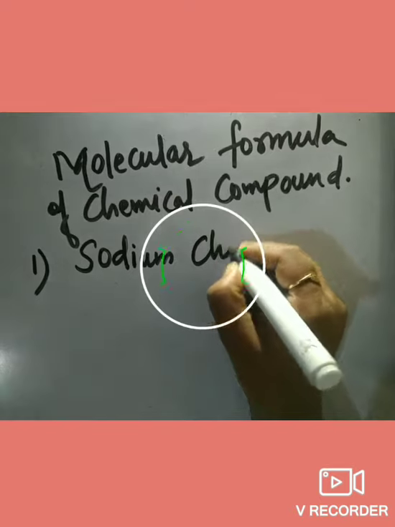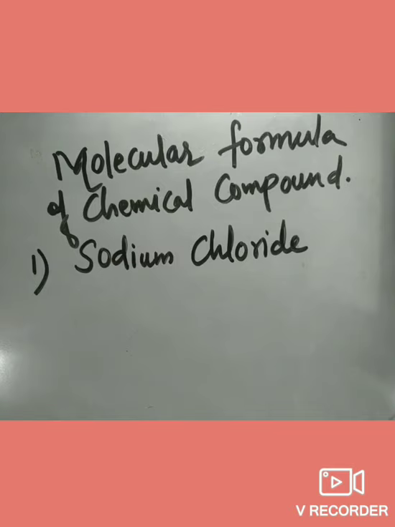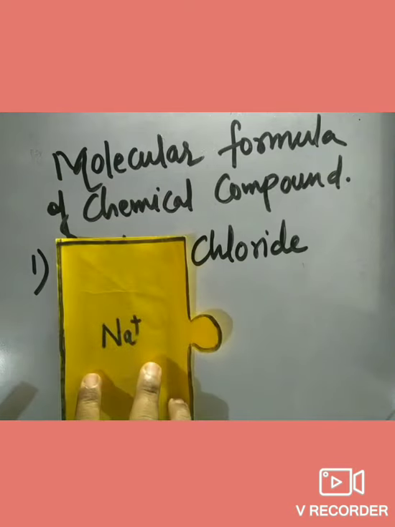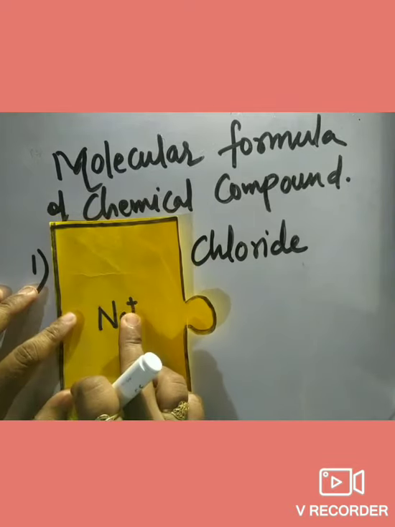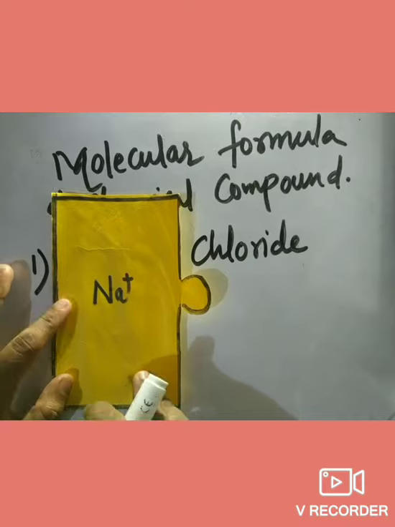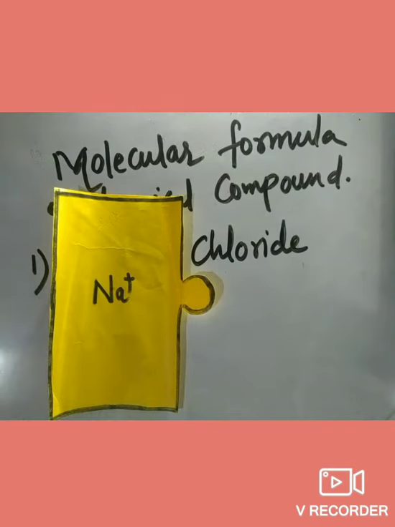Okay, so my first compound is sodium chloride. Now I don't know what its formula would be. I just know that it has sodium and chlorine. So I will refer to the list which has been given and see the charge on sodium. Sodium has one positive charge, as you can see here. So for the positive charge, I have made an extra part in this card, and for the negative, I have made a hollow part.